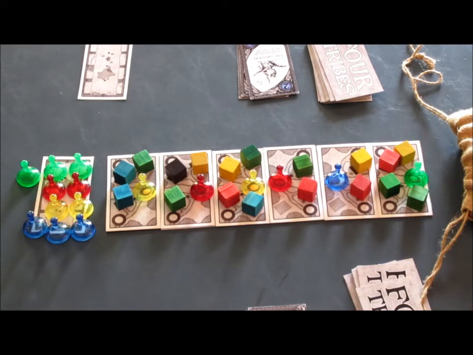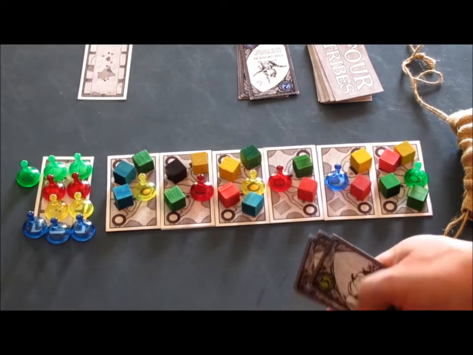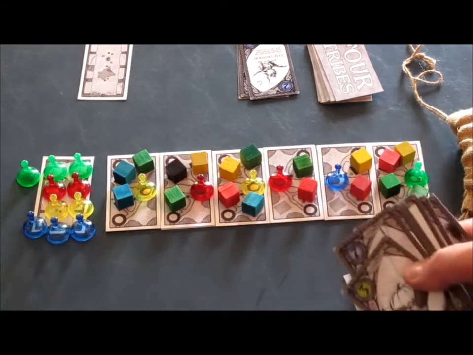So we can play any color card in order to meet that need. We don't necessarily need to play a black card. So once we've got that set up, each player will determine who goes first, and then we'll draw 6 cards